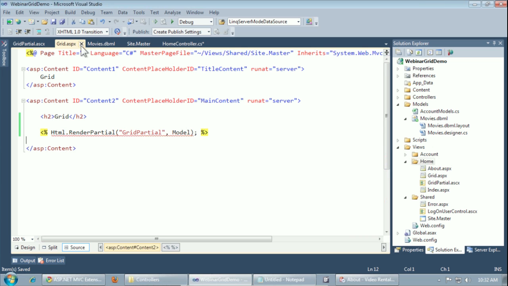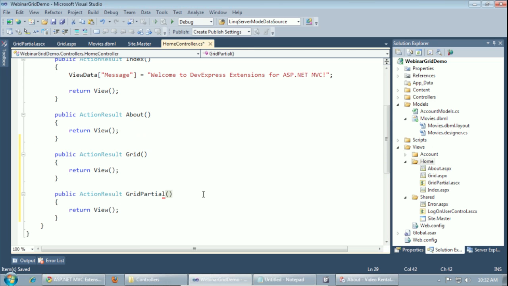So when we hit this grid page, the home controller is going to say, okay, go ahead and display the view. However, when it gets here, it's expecting some data, and we're not passing any data. So let's actually grab some data and pass it from our model. To do that, we can do it in a number of different ways. So the first thing we want to do,